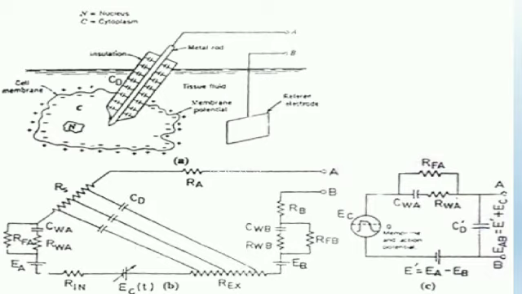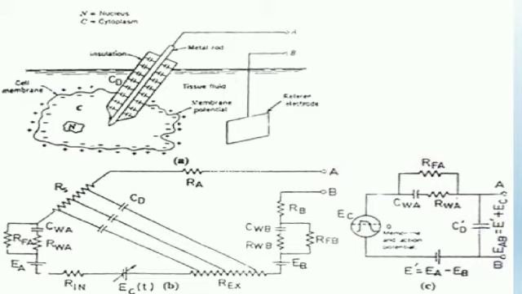This is a metal microelectrode and its equivalent circuit. Here, potential measurement requires two electrodes. The voltage measured is really the difference between the instantaneous potential of the microelectrode and the reference electrode, and it is the sum of three potentials as shown in the figure. Here EA is the metal electrode-electrolyte potential at the microelectrode tip, EB is the reference electrode-electrolyte potential, and EC is the variable cell membrane potential.